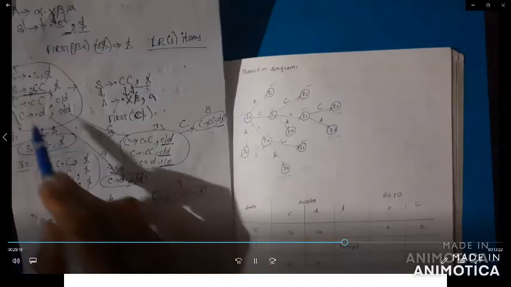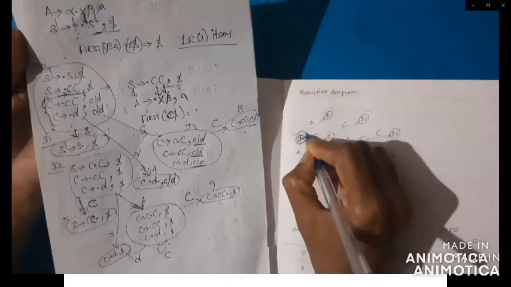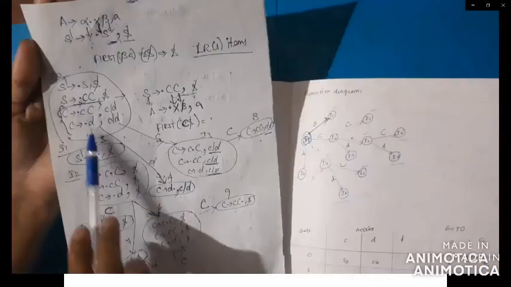Here check. Based on the LR(1) items, you got to draw the tables. Here I naught, the dot S can move to S dot. So I naught to S, I1. Then I naught to capital C, I3.